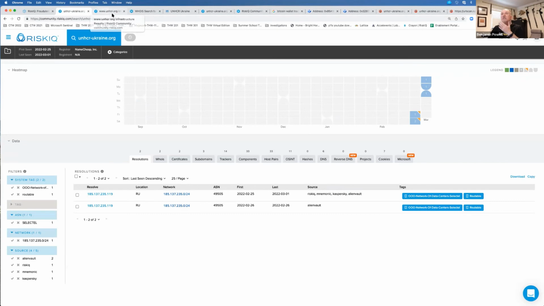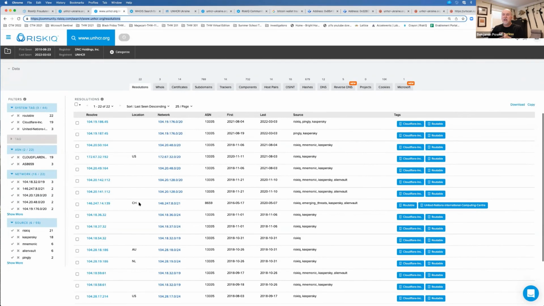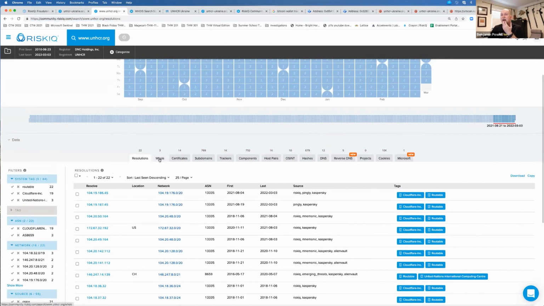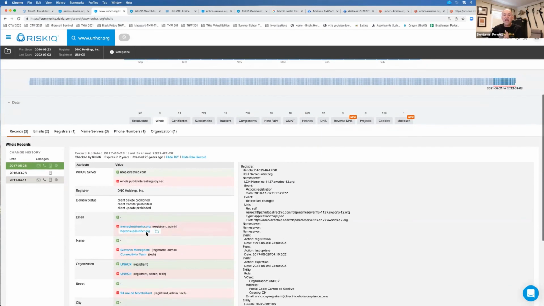Who's attacking Ukraine right now? And these are in the US and Netherlands and different places. Now the WHOIS information. Let's look at the real WHOIS information. That's going to their domain, their email address. It's registered to them, another thing saying this is probably good. Let's look at their certificates now.